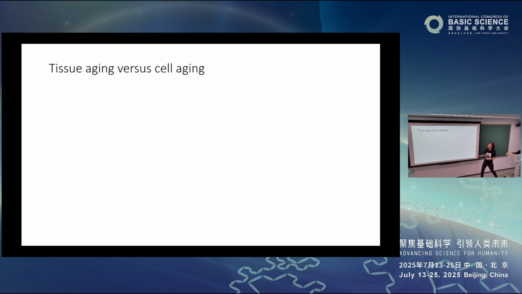There has been work that tries to quantify tissue aging. As each of us ages, our tissues change. There have been plenty of bulk tissue studies that try to measure gene expression changes in our tissues as we age, and we know that there are drastic changes. If you take the blood of an old person and the blood of a young person and compare them, they have very different gene expression signatures. So that is well characterized.